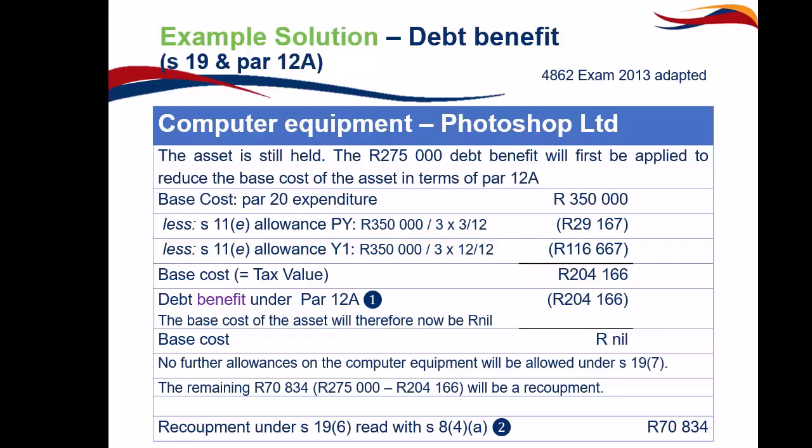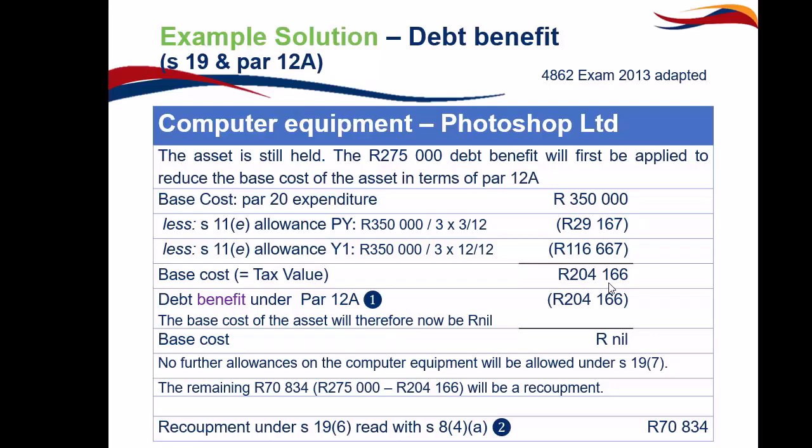Okay, so the asset was purchased for 350,000 in October of the previous year. The allowance for the previous year would have been 29,167. Allowance for the current year, because it's the full year, the debt benefit was granted at the end of the current year of assessment. The allowance is 116,667. So you're sitting with a base cost of